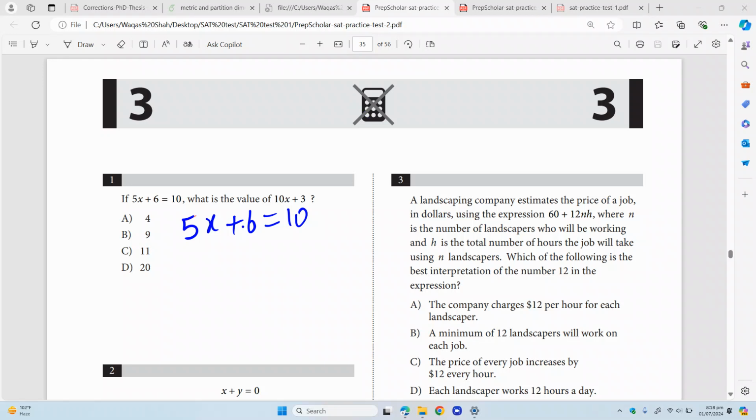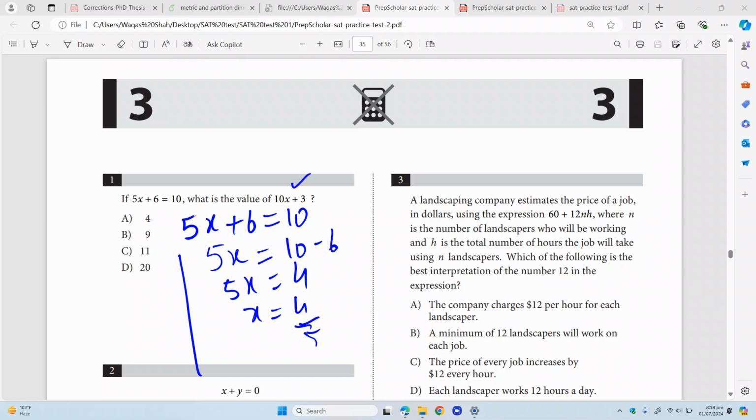Let's find the value of x from the equation. Shift 6 to the other side, we will get 5x is equal to 10 minus 6, which is equal to 5x is equal to 4, and then x is equal to 4 by 5. Then plug this value in this expression, which is 10x plus 3,